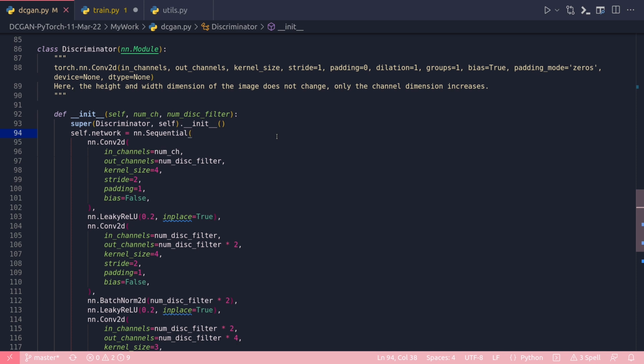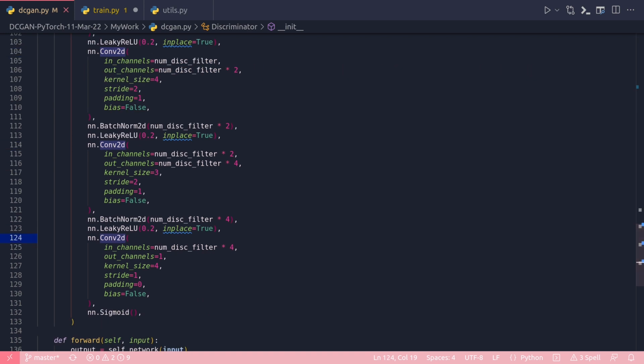So here is my discriminator class in the same file, DCGAN.py. Again, the discriminator is a binary classification neural network that classifies the input as real or fake images of dimension 1 by 28 by 28. The inputs to the discriminator are real images from the training dataset and also the fake images generated by the generator. The discriminator outputs a scalar probability to classify the input images as real or fake. So it's a binary classification problem. Now look at the architecture the way I'm implementing it. Here, instead of conv transpose 2D, each layer will have conv 2D. This is a normal convolution. I will have 4 of them: 1, 2,